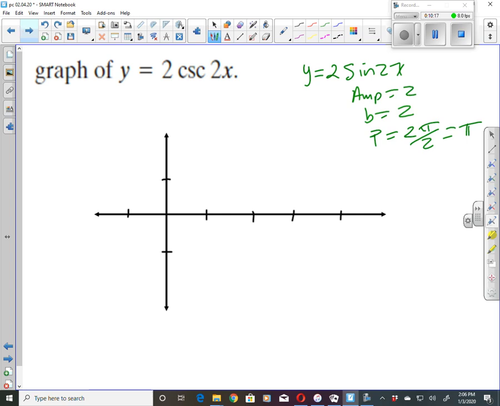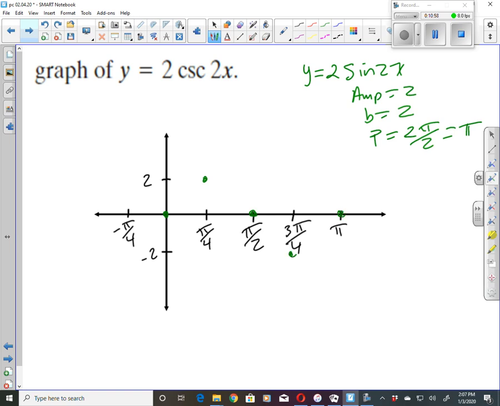We know this comes out here to be pi, pi over 2, pi over 4. Remember, half that. Now we can count by pi over 4. 1 pi over 4, 2 pi over 4, 3 pi over 4. By the way, what's 4 pi over 4? Yep, that's pi. If I want one backwards, negative pi over 4, amplitude of 2, negative 2. And you'll notice, again, these all look the same. Everything's labeled appropriately. The sine function starts at the origin, goes up, comes down,